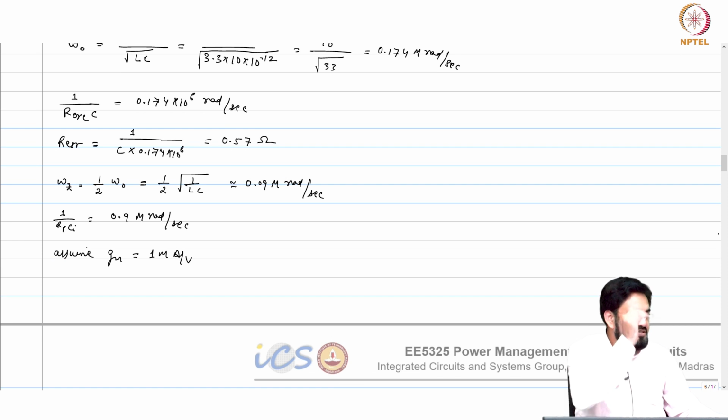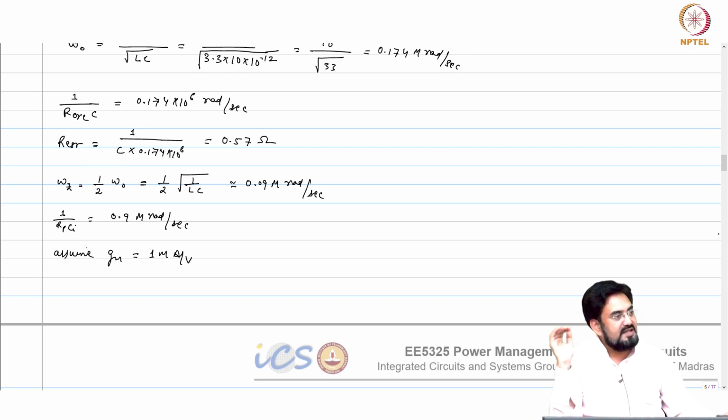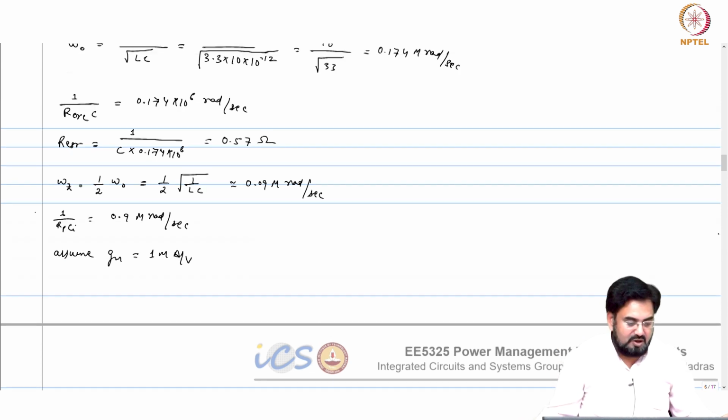What will determine your UGB? The gain at 0 dB. Why not Ki? Because if Ki is very high, that will move your 0 also, so it will not help. We talked about that. The mid-band gain you have to adjust by changing only the proportional gain, which is nothing but GM RP. So GM is fixed, so we have to find the RP by finding how much gain we want at UGB.